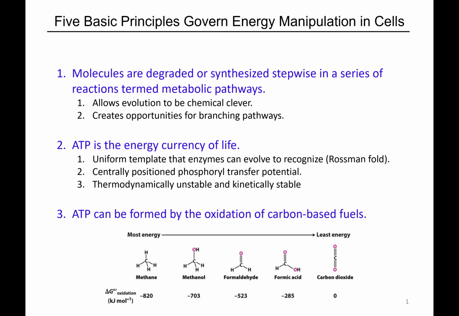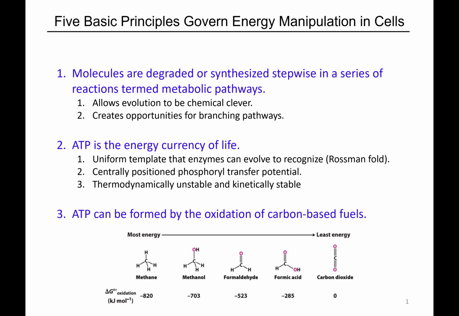And it also creates opportunities for branching pathways. If you remember on Tuesday, we saw that big map, right? And all of these pathways branched off of other pathways, right? It's an interconnecting network of reactions. So having all of these steps along the way allows interaction between these pathways, right? So it allows us to eat fats or sugars or proteins, right? And use all of them, and from each of them, be able to basically do anything else, with fats being one main exception, okay? So it creates opportunities to create other molecules, basically, okay?